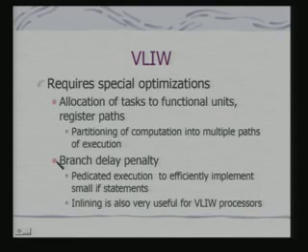Why is branch delay penalty critical for a VLIW processor? Because if there is a branching, then the operations scheduled on different functional units may go haywire, because they may not be required at all. In that case, a branch will cause a penalty, effectively a delay. So, branch delay penalty for VLIW processors is very important. In fact, it is true also for pipeline processors. There also the instruction scheduling has to be such that the pipeline should not be emptied or flushed at regular intervals.